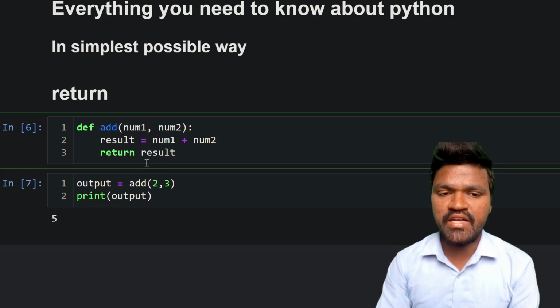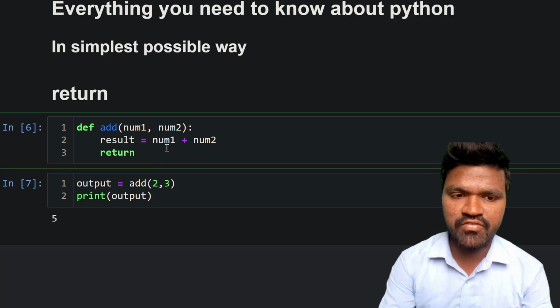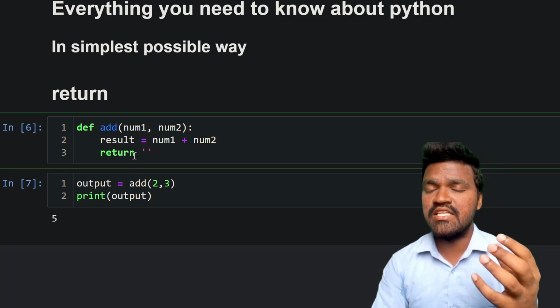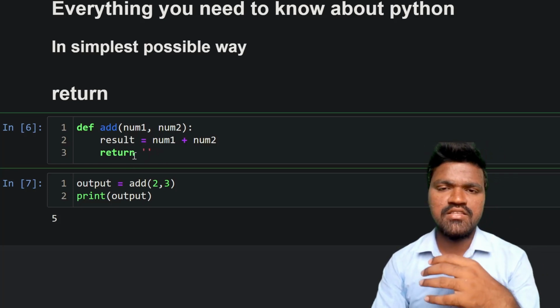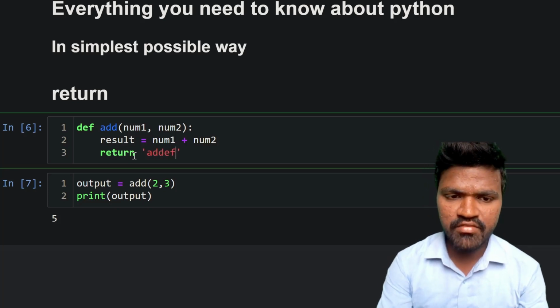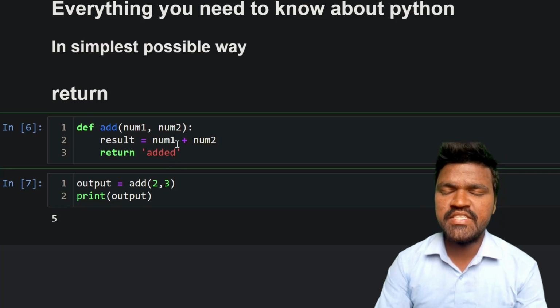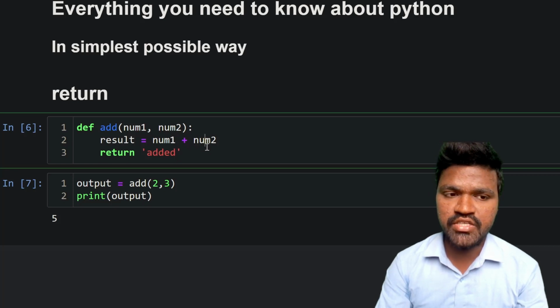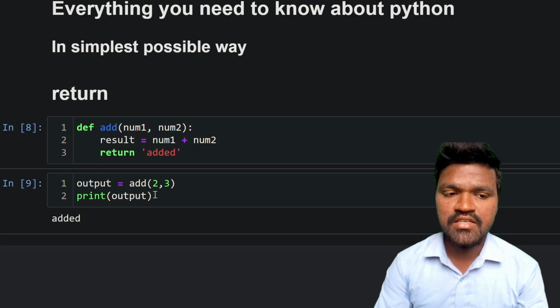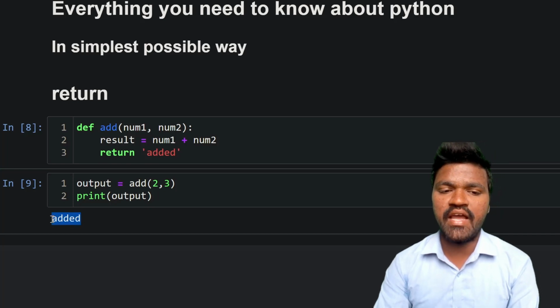Here I am returning result, but I can return anything for that matter. It is not mandatory that whatever operation we have done in this function is the only thing that needs to be returned. That is not the case. We can return whatever we wanted. So we can return "added" here, which means whatever parameters you have passed were added. If I execute this and execute the same thing here, we are getting the result, which is nothing but added,